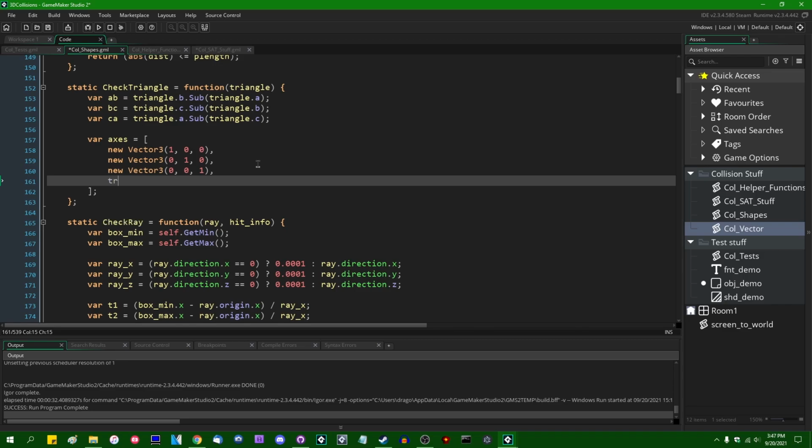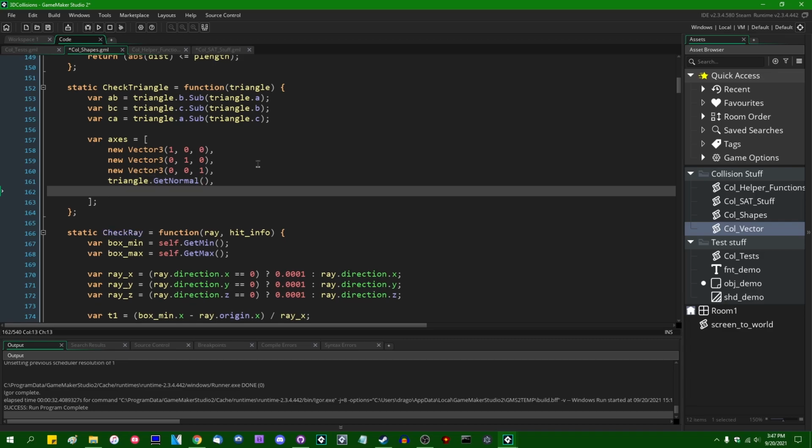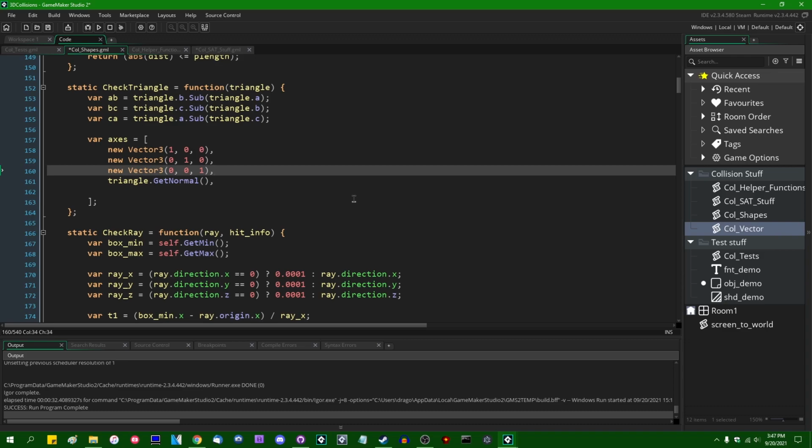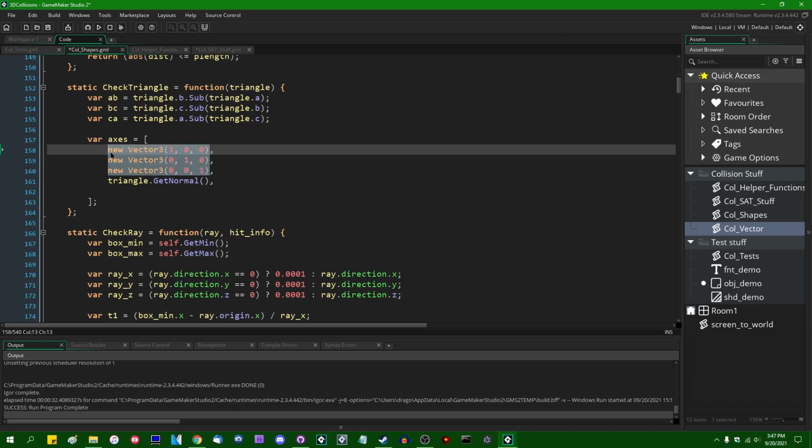So that's going to be triangle.getNormal. And we also have the cross products of each of these normals, each of the x, y, and z normals against each of the edges of the triangle. And you know what, I'm actually going to, instead of typing out